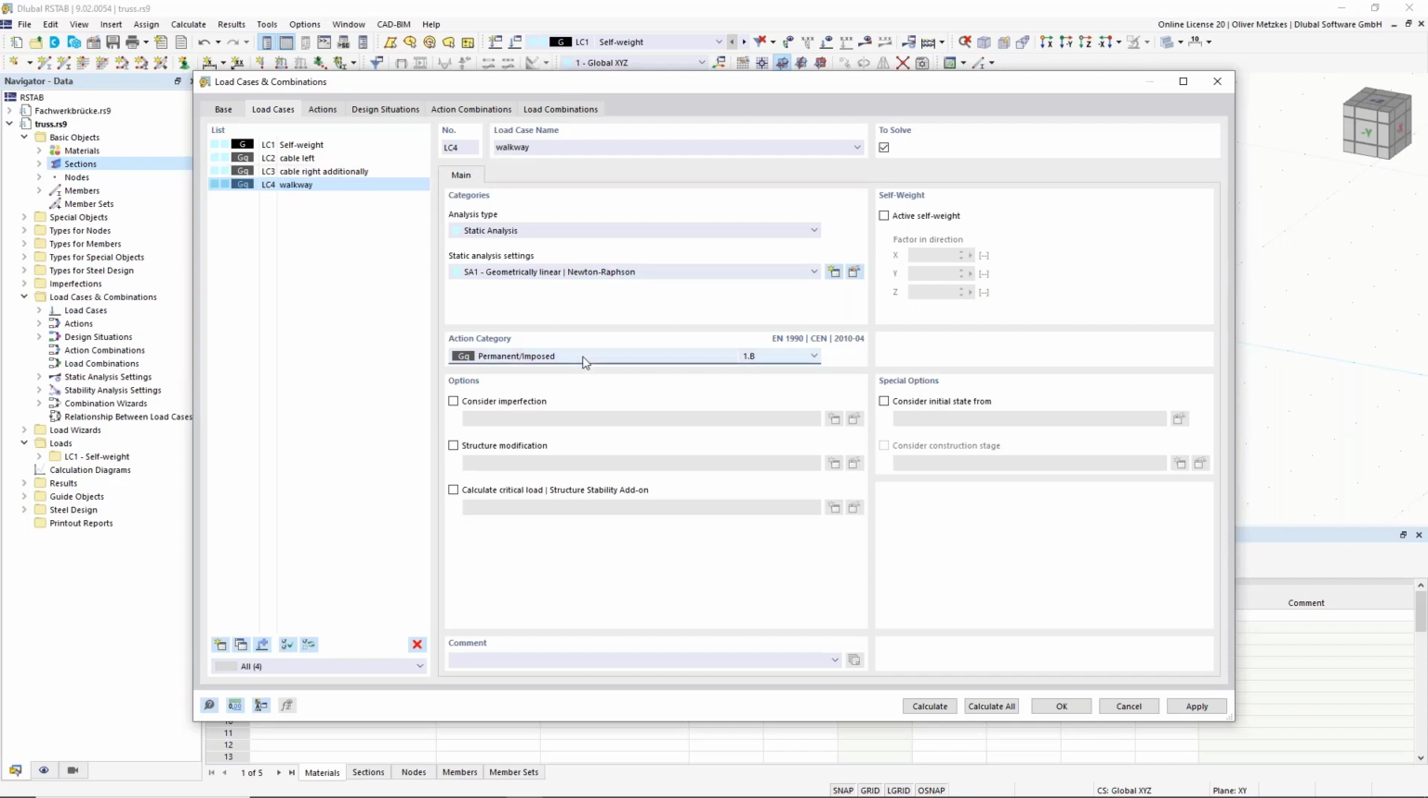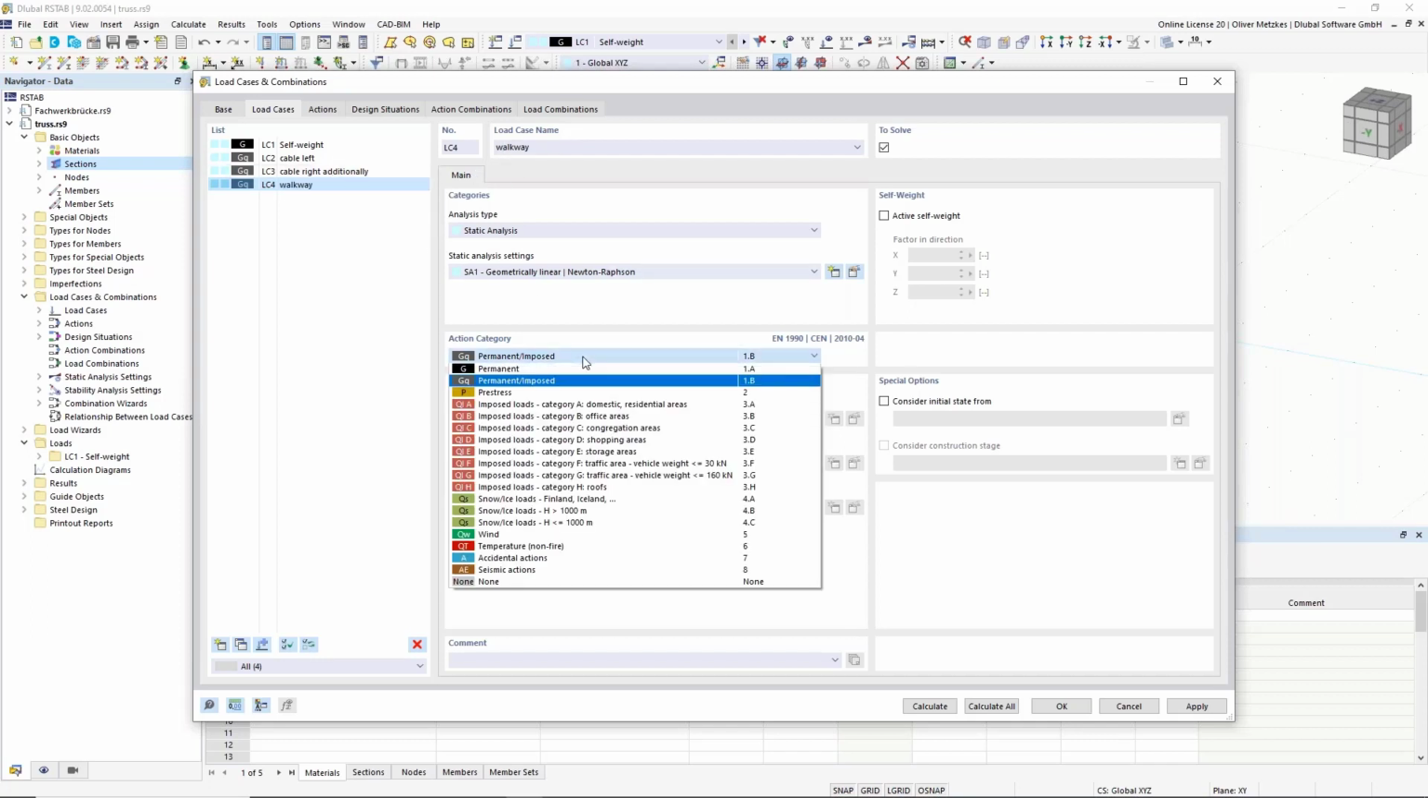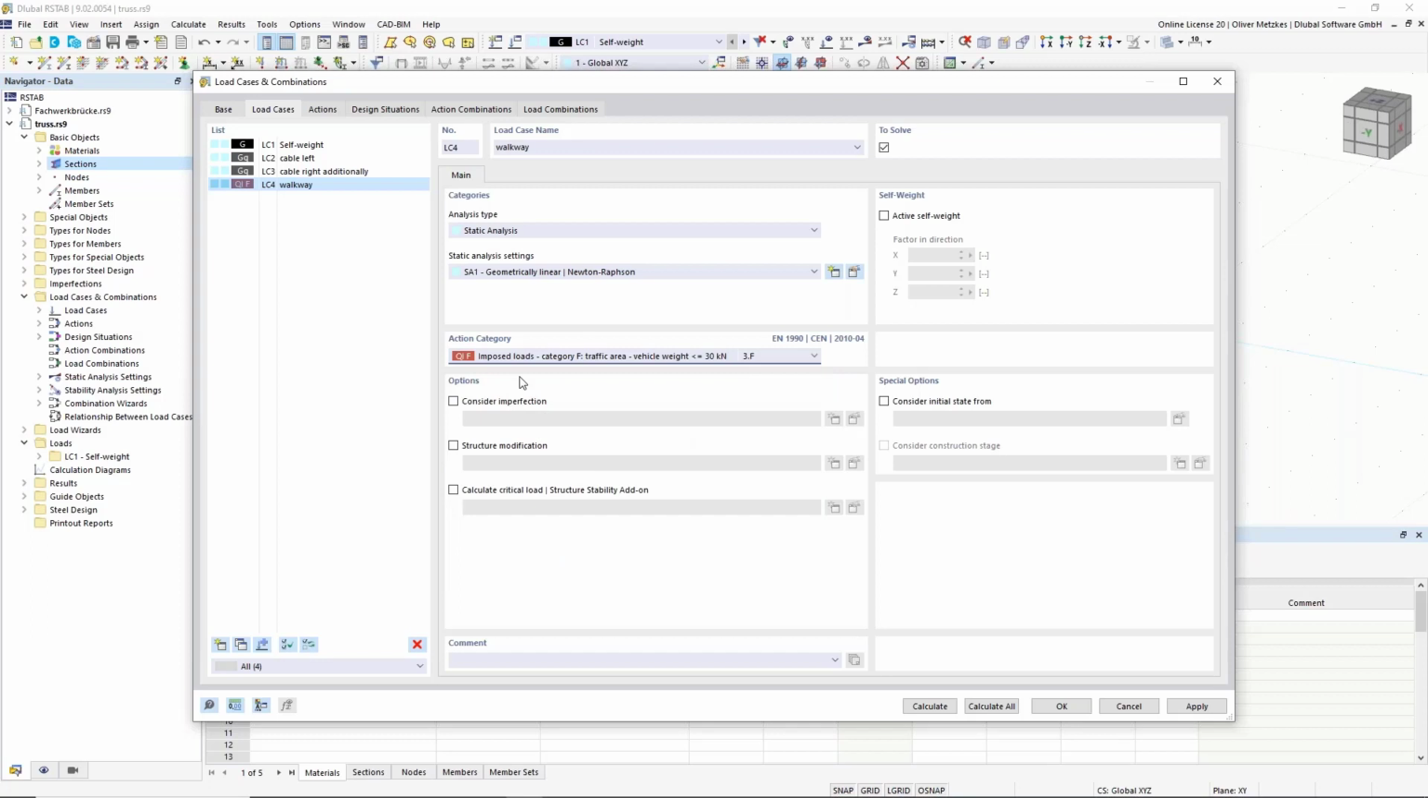So the walkway would be of the action category of the live loads. So I will just choose one here, this action category. And the action category also defines the combination factors and the partial safety factors that will be used later. Okay, so now I have my load case number 4 for the walkway,